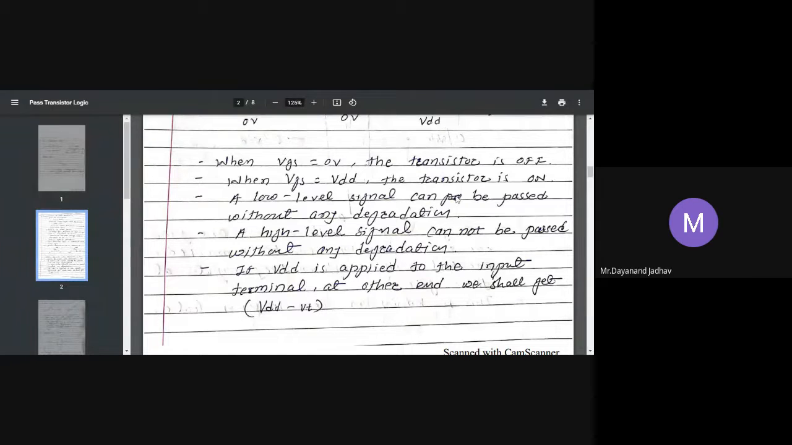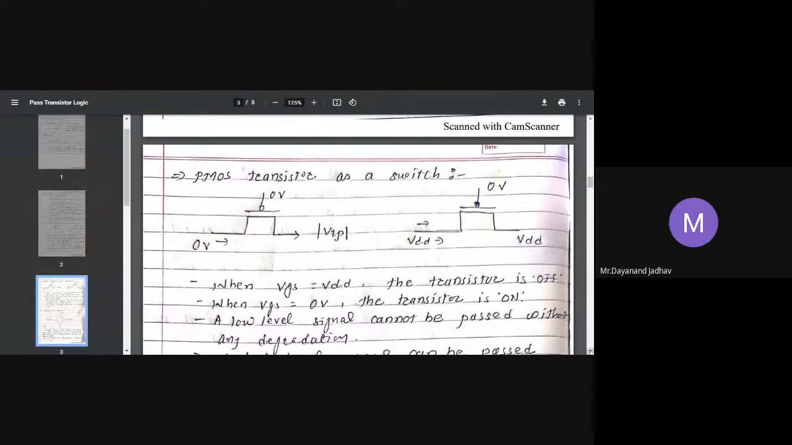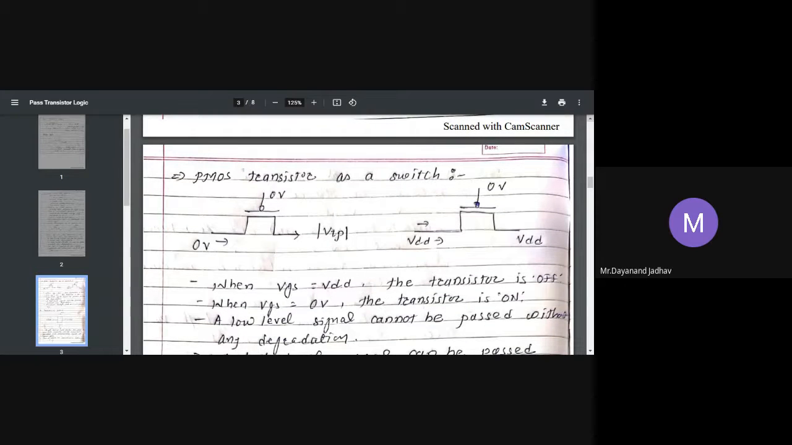The transistor is on when VGS equals VDD, and the transistor is off when VGS equals 0 volt. These are the characteristics of the NMOS transistor, which means NMOS acts as a switch. Keep in mind whether the applied voltage is high or low. Now when we consider the PMOS acting as a switch,